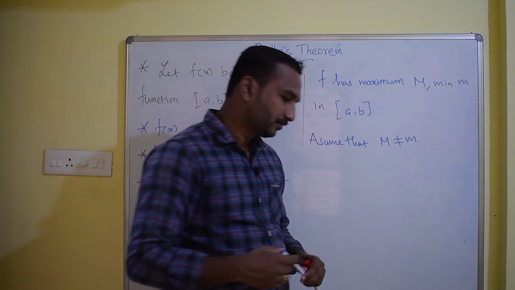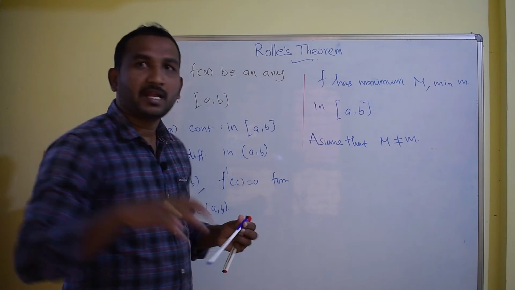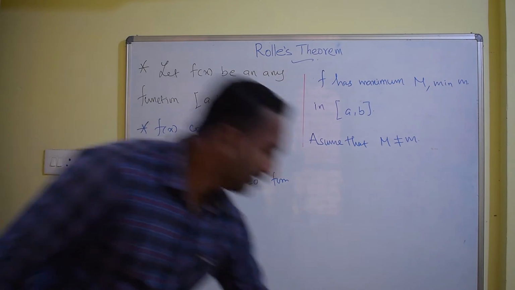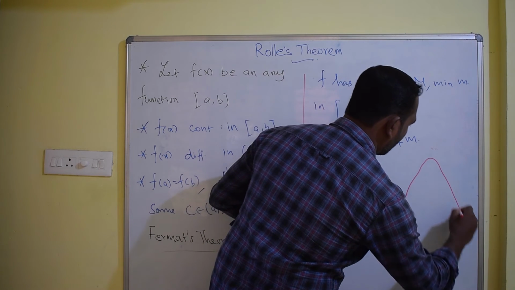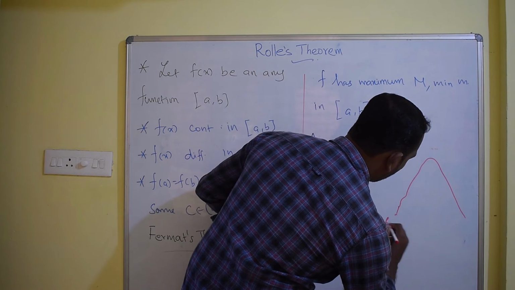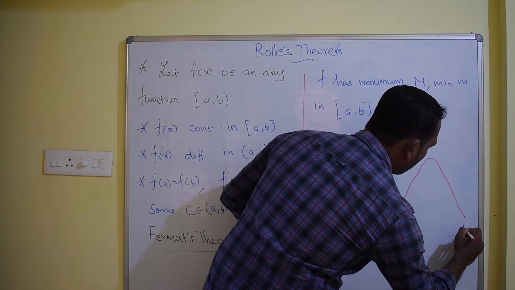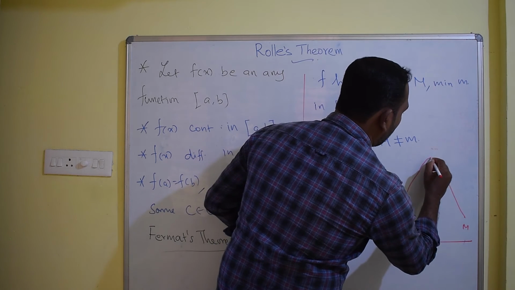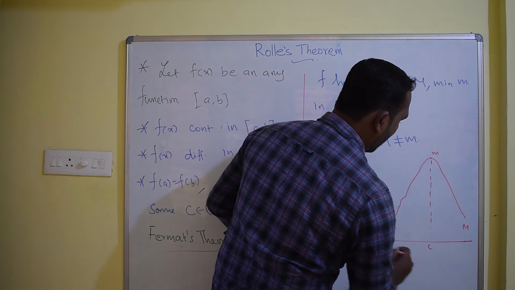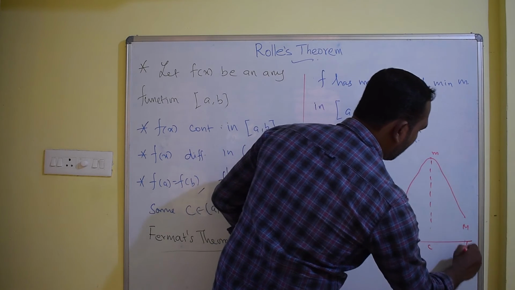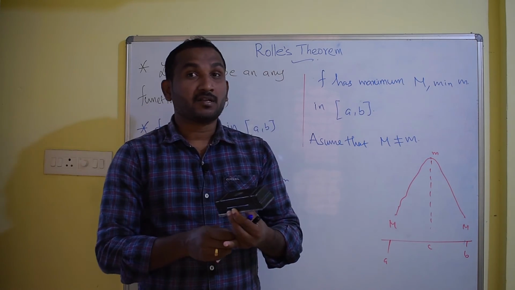For that, if f of a is equal to M and f of b is equal to M, so this is the f of a value, and I am going to consider it as capital M, and this is also capital M, and in place I fix the minimum value. So this is actually the c value, this is a, and here is b. So I am going to consider now maximum is not equal to minimum here.